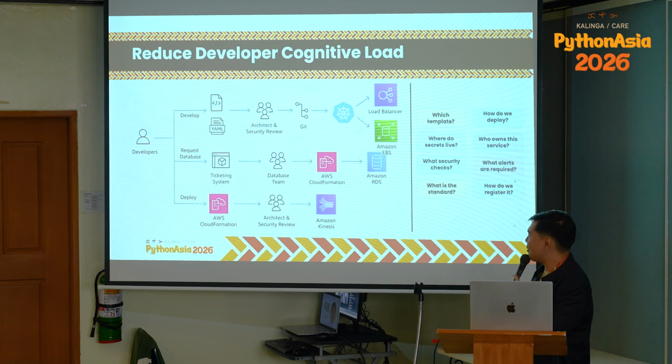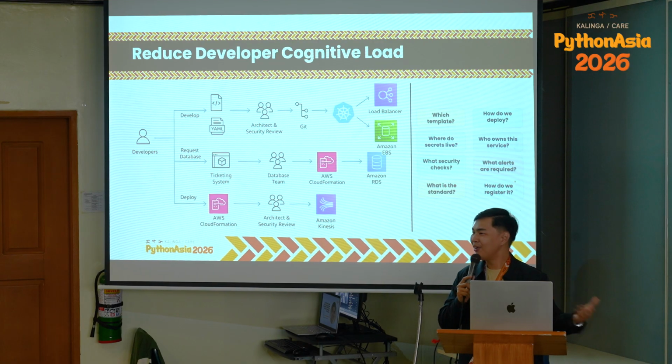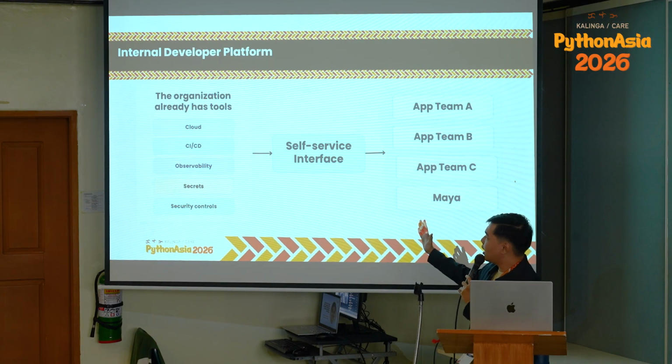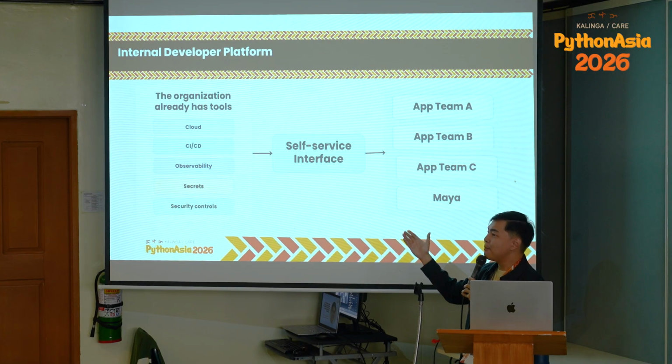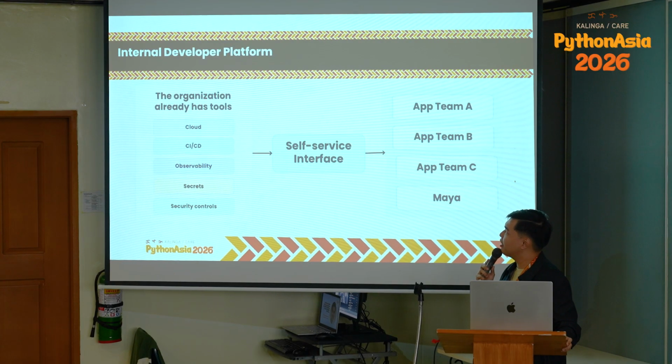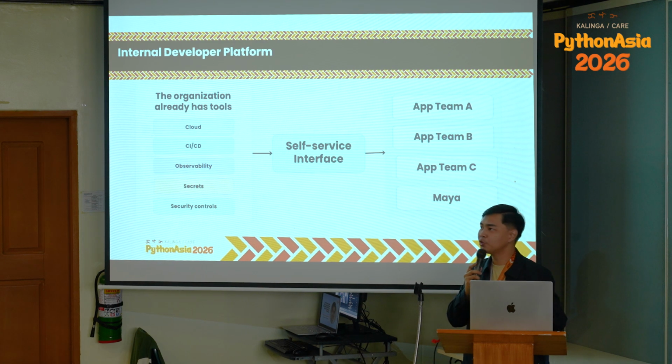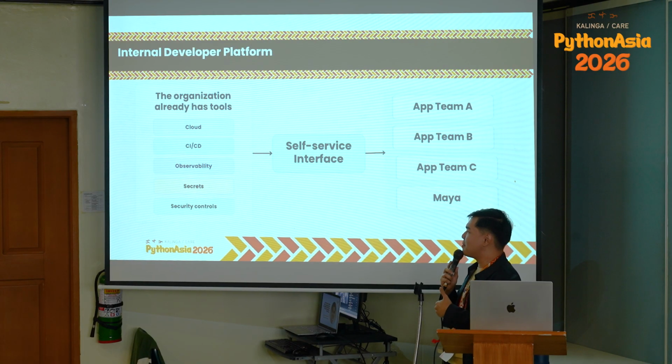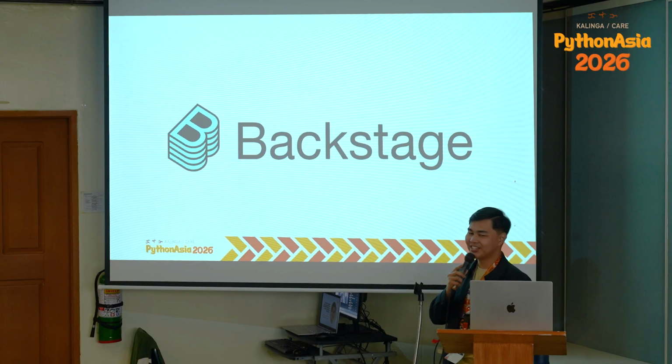Especially if you have an infrastructure of this complexity, you're working with Kubernetes and you're trying to figure out all of these sorts of questions, right? So what's missing here is actually a middle step, a self-service interface that will essentially abstract away creation of these setups. This is what we call an internal developer platform, or some people call it an internal developer portal, or an IDP, right? So I'm going to showcase how we're going to build an IDP with a very well adopted tool called Backstage. All right.